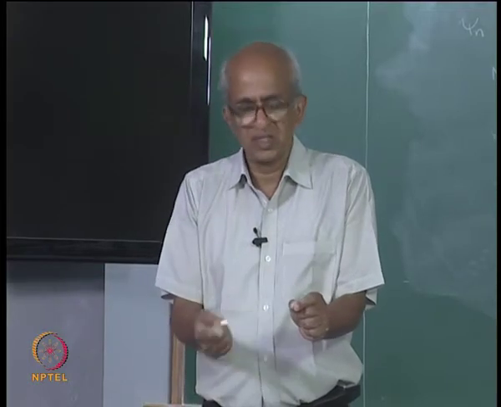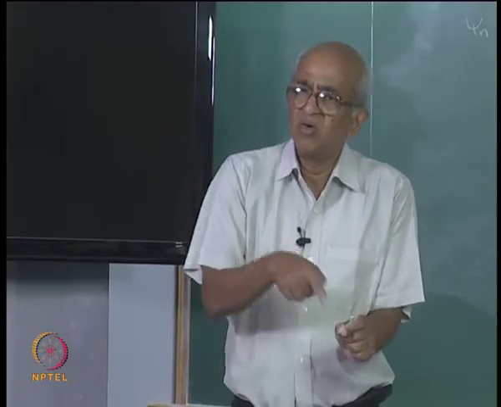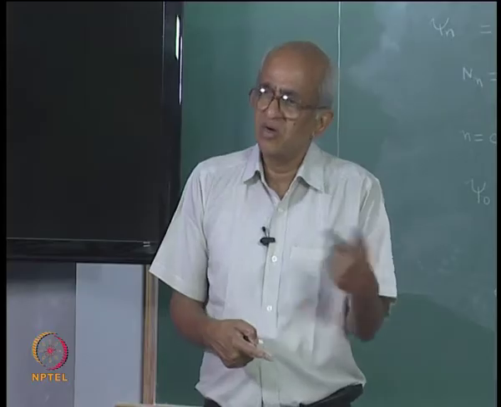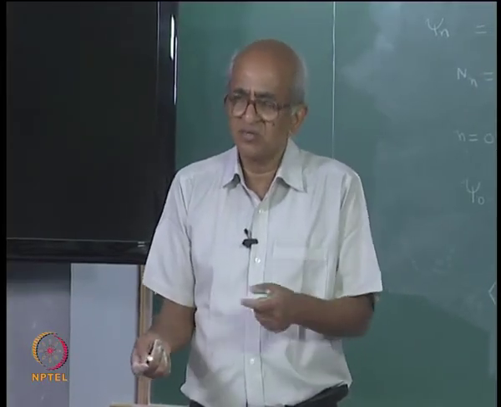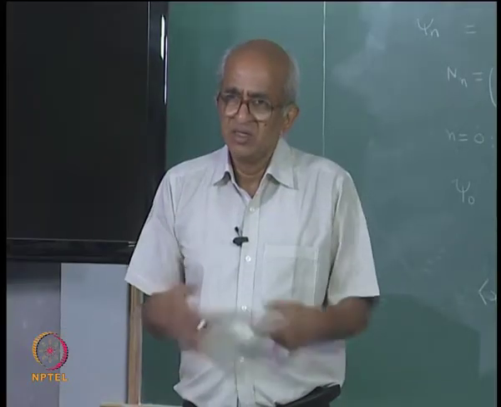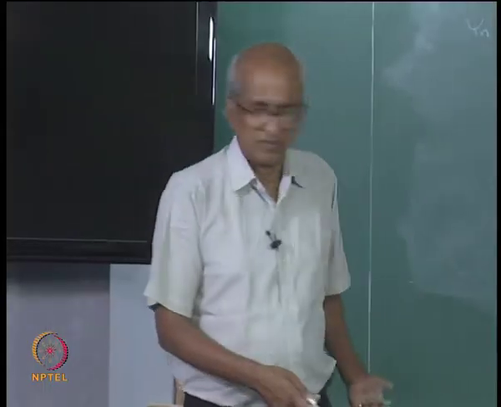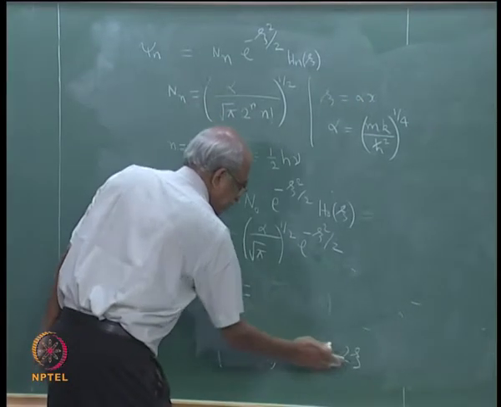So, when you make a measurement, it is equally likely that the particle will be found on this side or on the other side. If it is found on this side, its position coordinate is positive, while on the other side the position coordinate will be negative, and therefore, on an average the expectation value of x you would expect is 0, right. That you can easily verify. It is a fairly simple thing.